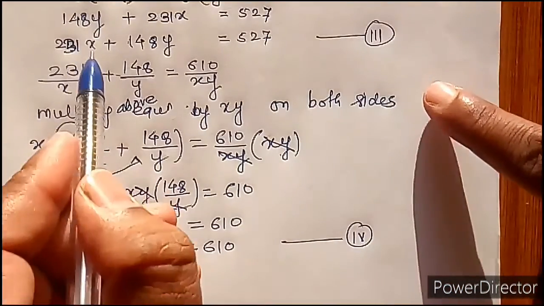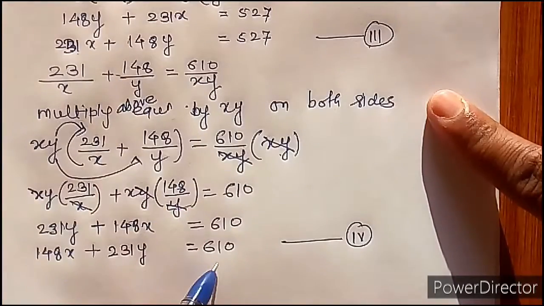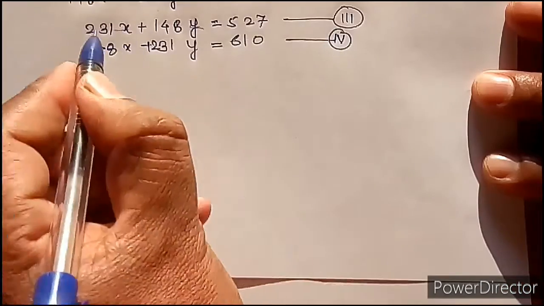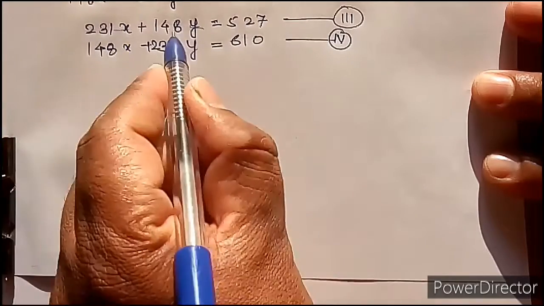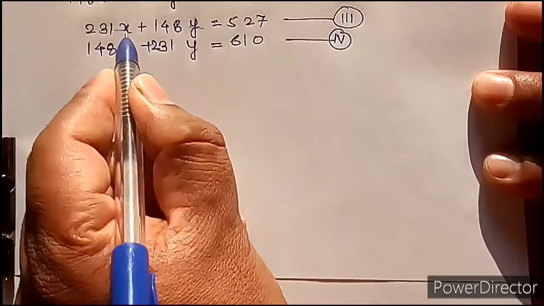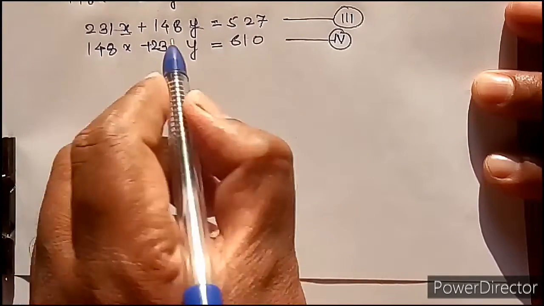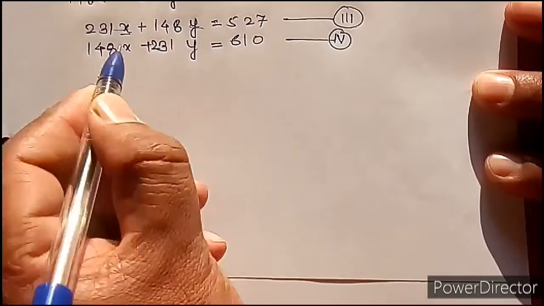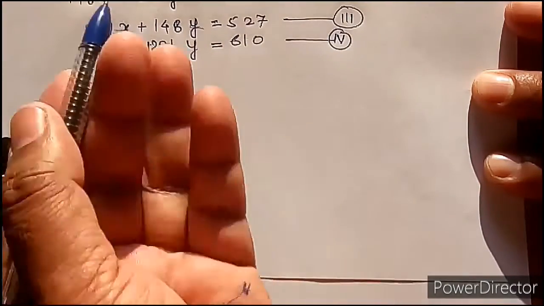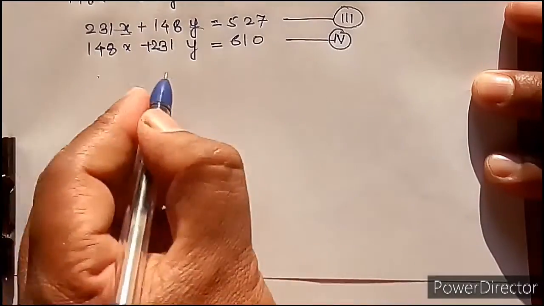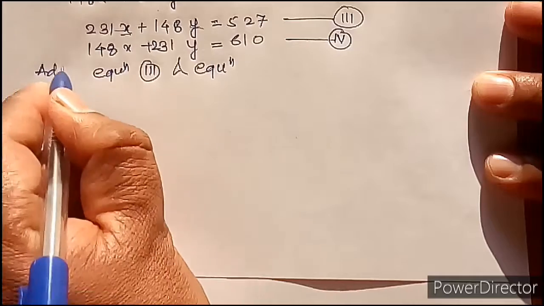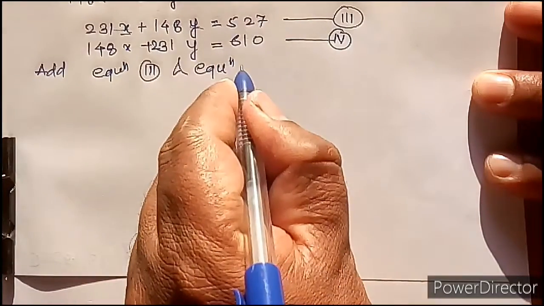We get two equations, that is equation number 3 and equation number 4. Then write down these equations. Observe these equations carefully. We will observe that both equations are formed due to interchange of these variables. Such type of problems we have solved earlier. Then what we have to do is first add and then subtract, and then the calculated result will be solved. Now here add equation 3 and equation 4.